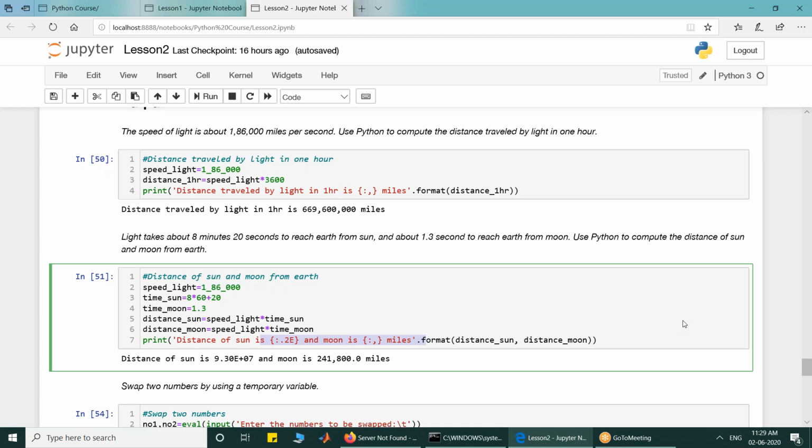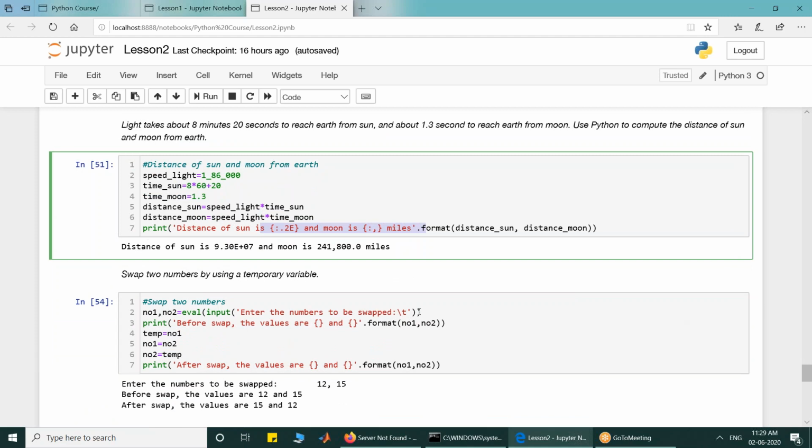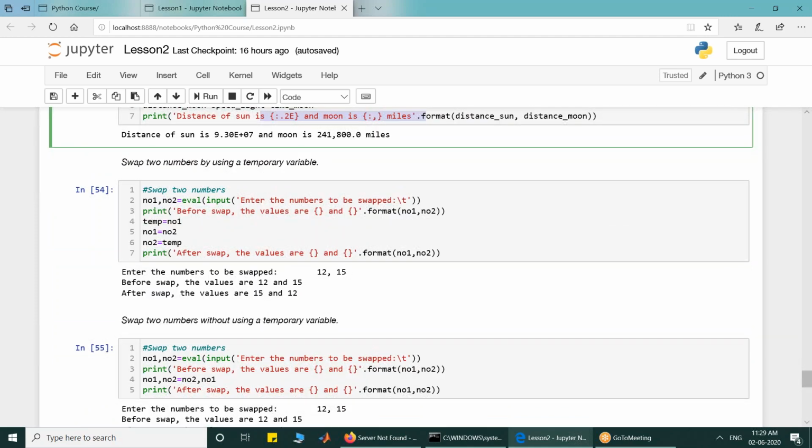Then Ekant Garg is saying while swapping, immutability doesn't matter. See, Ekant, it doesn't matter here because automatically at the back end, new data objects will be created, and the identifiers, which are the labels, will be shifted to the other objects. So mutability comes into the picture if you look at what is going on behind the scenes. But if you are looking at the front end, then mutability does not create any problem. Behind the scenes, a different number of objects might get created.